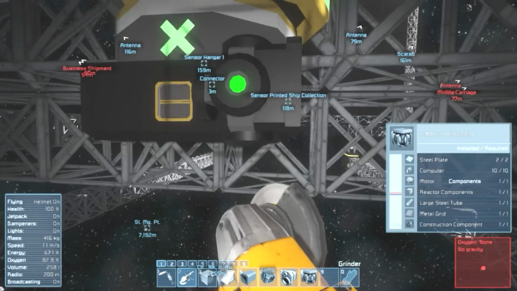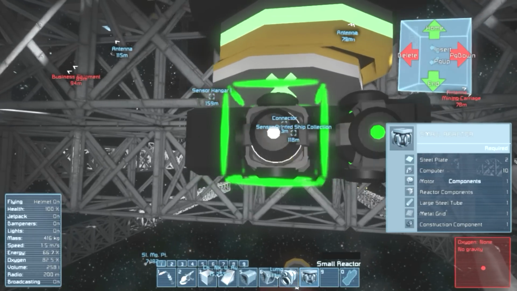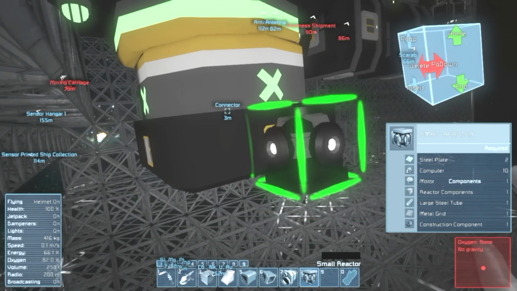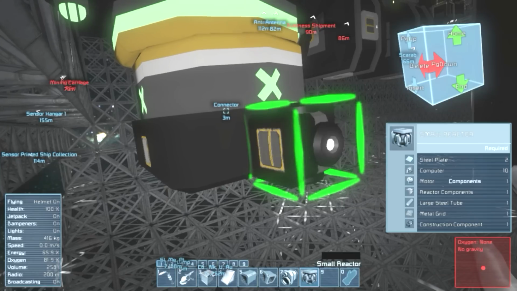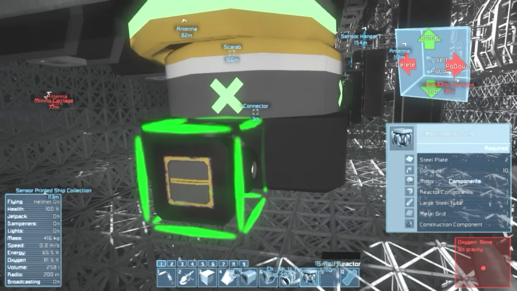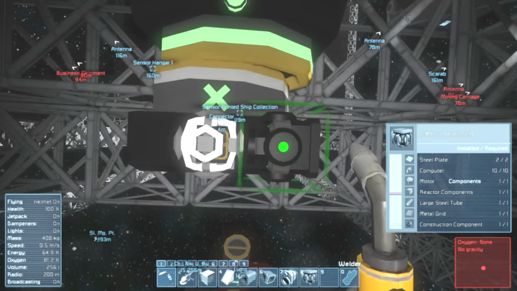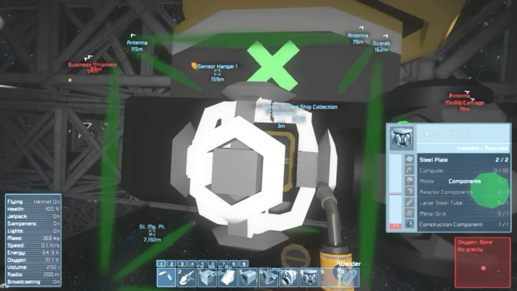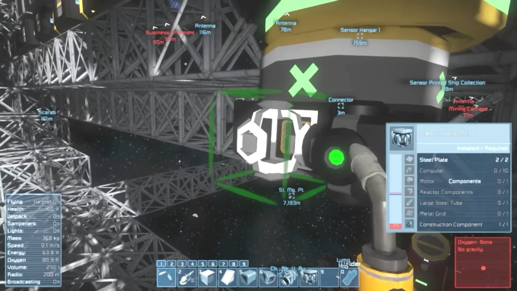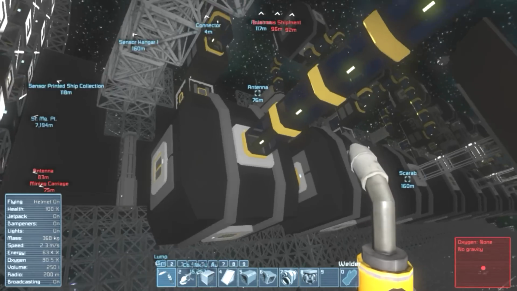actually get this reactor to aim at the port, and I want this to be well placed enough. Oh dear, I'm gonna have to squeeze into here. Okay, so I want this to be here, and now all I have to do is build it and then pump in some uranium. So I'll do that, get rid of this temporary reactor,